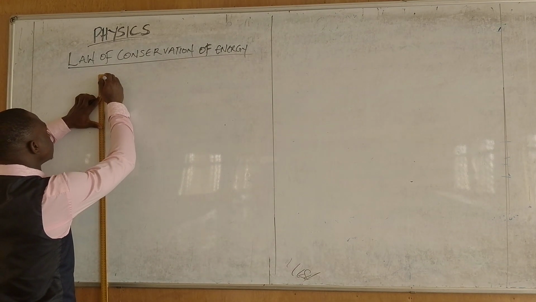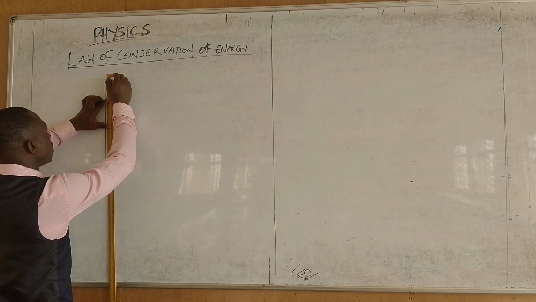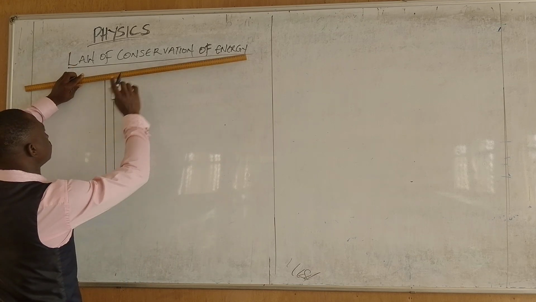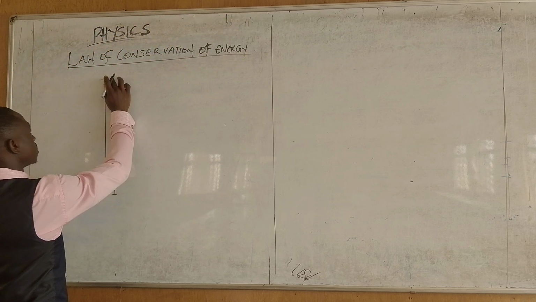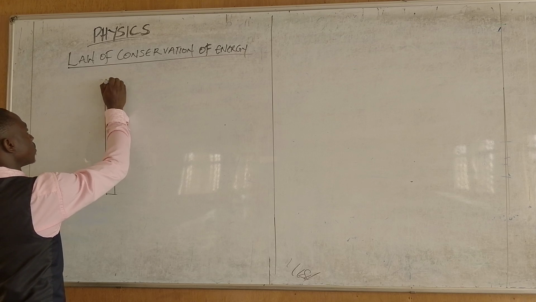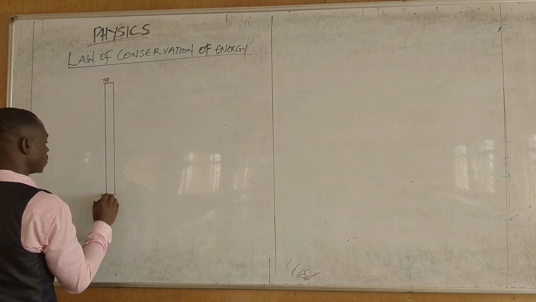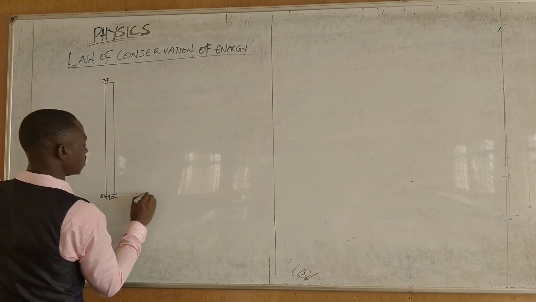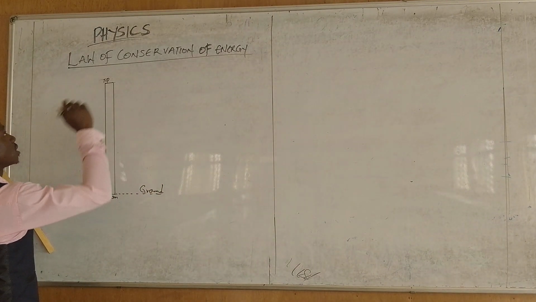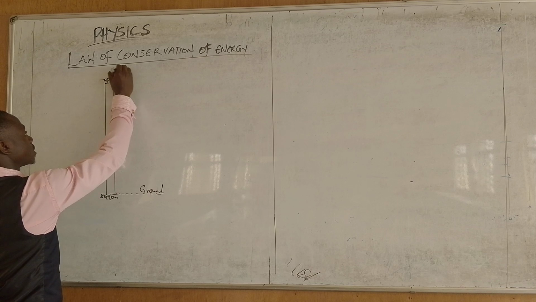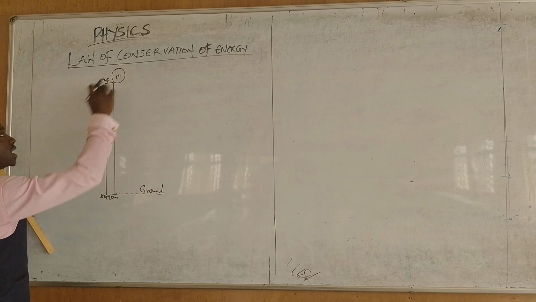If you have a height, let's assume this is a cliff. Here is the top of the cliff. This is the top, and this is the bottom of the cliff. Then here is the ground level. Now, if you have a mass, let me say a ball of mass m at this height,